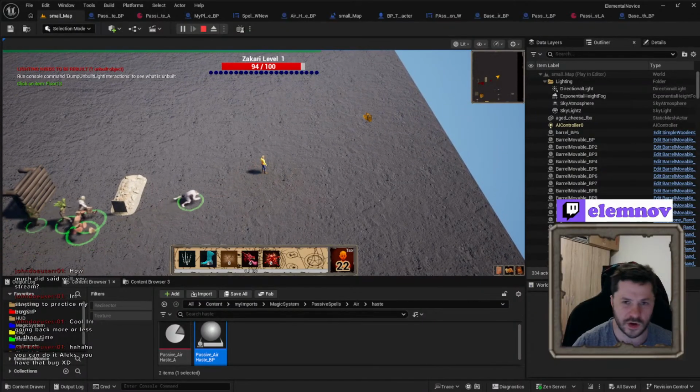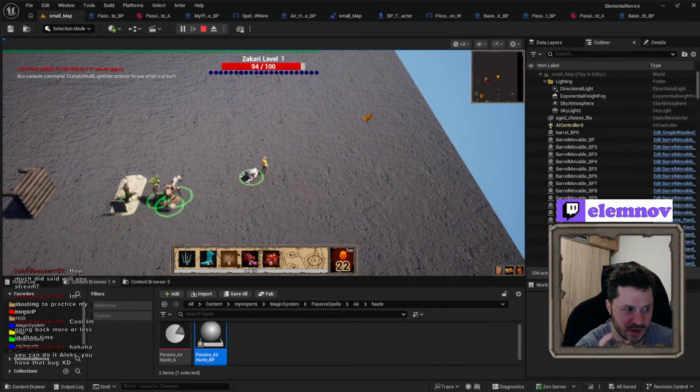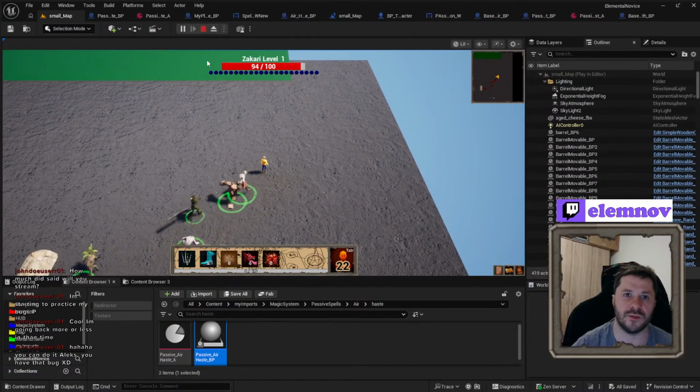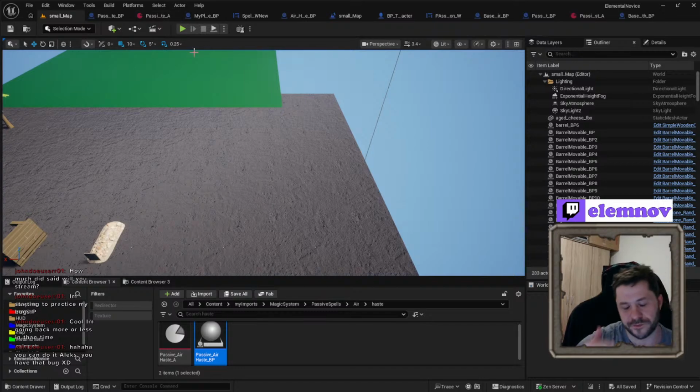I will need to do a little bit more debugging, a very small amount, because right now the spells may overlap. If I'm hasted and I spawn a new haste spell, the first spell is gonna cancel the second spell too early. I will refactor it later, it's not very fascinating, it's a little bit boring, and